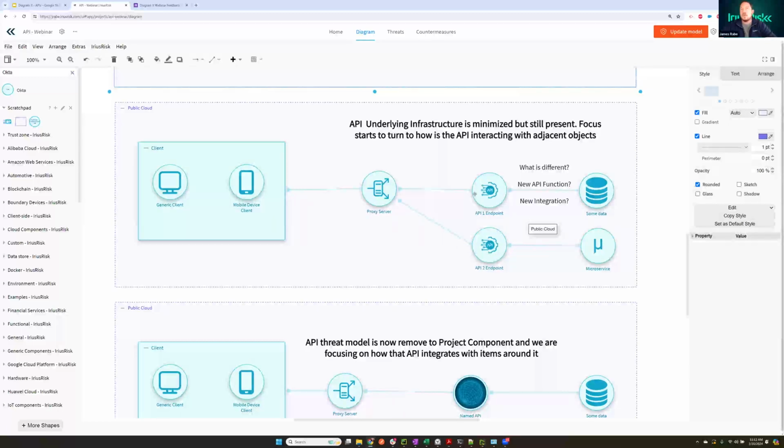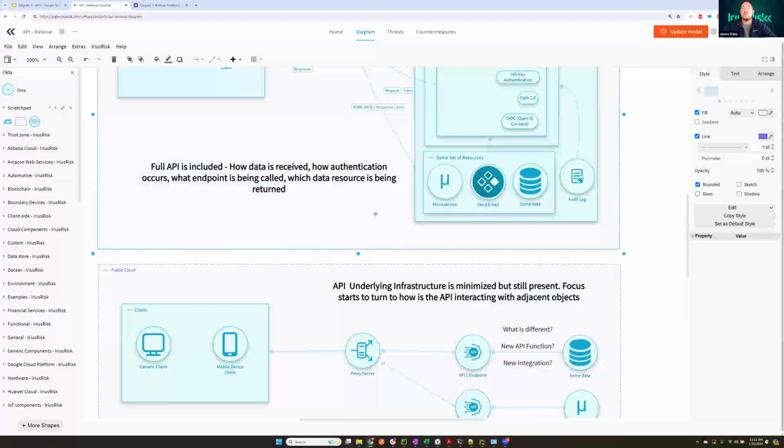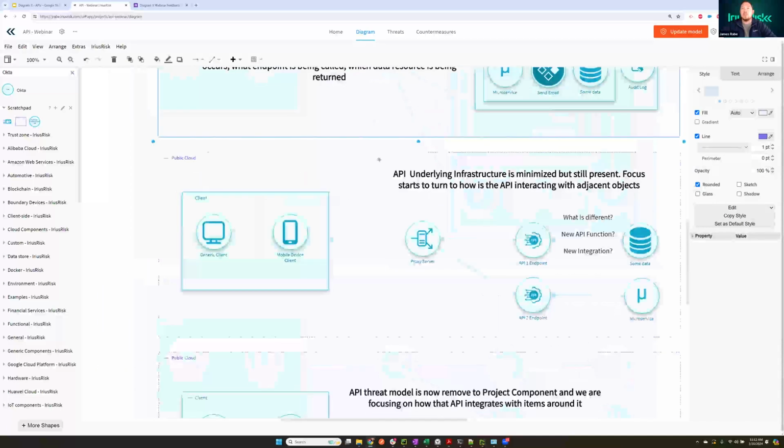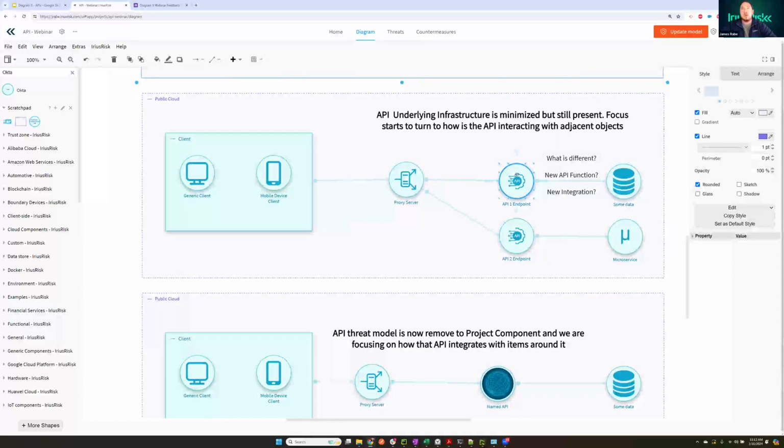right? And here's where we start getting into, I have the most verbose version, and now I'm simplifying this and I'm focusing on something very different. And my representation changes because now the net security impact is, maybe I've added access to some additional data, maybe I've added a microservice to this, and the focus is no longer strictly on how is my API being configured, but it's based on what is it doing, right? So as I change the scope of my threat model, I can start to change the focus of what's most important,